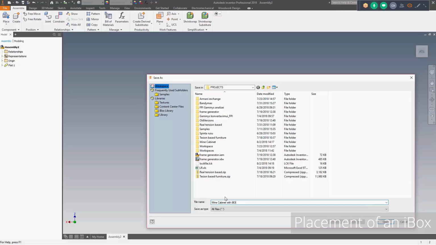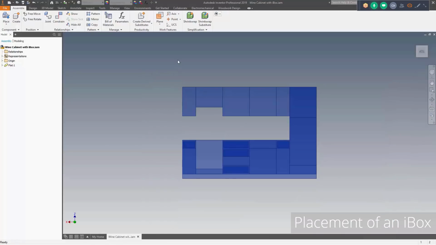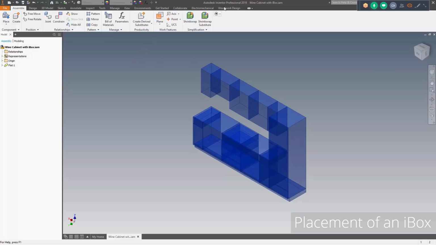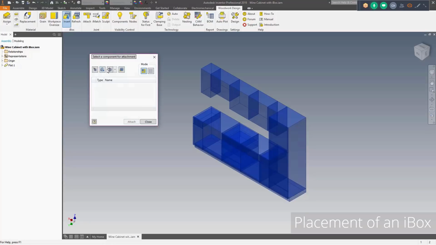Okay, let's give the name to the file, define the place where it should be placed, like that. Okay, so that's basically half of the work done, and we need to go for the iBox insert option,